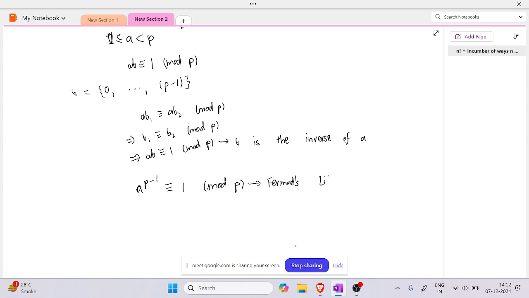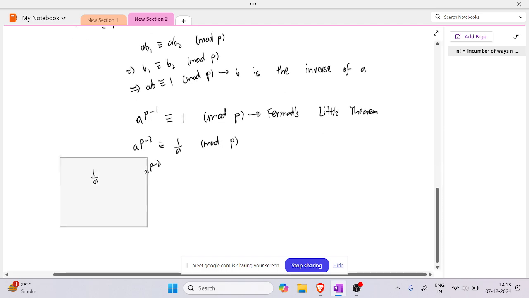Since we now know that division is defined modulo p, we can say that a to the p minus 2 is congruent to 1 by a mod p. So basically, instead of evaluating 1 by a mod p, you can just evaluate a to the p minus 2 mod p. And usually that turns out to be quite a bit easier than evaluating 1 by a mod p, because